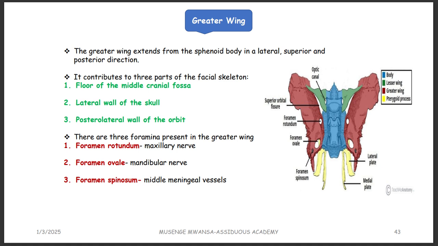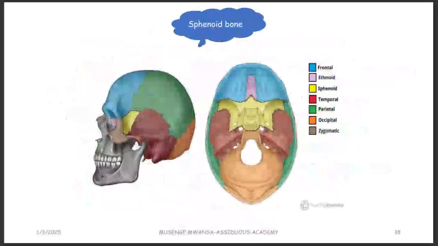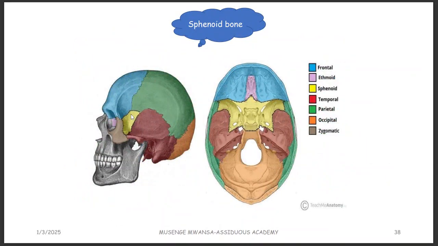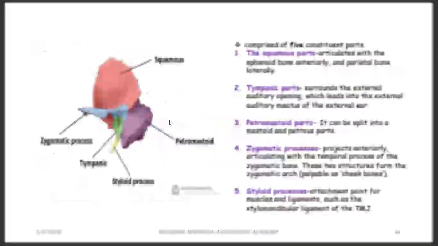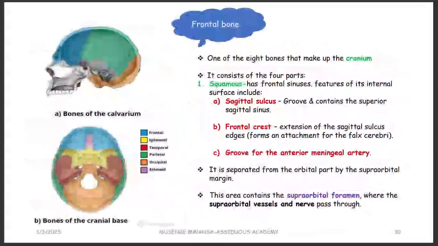When you look at the greater wing of the sphenoid, it will form part of the floor of the middle cranial fossa, and the lateral wall of the skull, the lateral aspects, as you saw from the picture here. You can see the lateral aspect. Okay. When you look at this bone again, here,